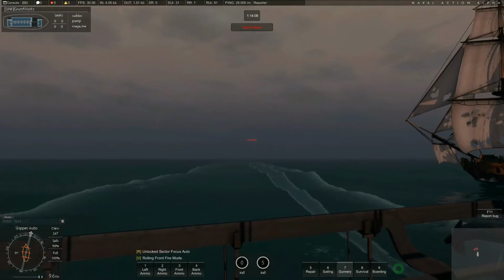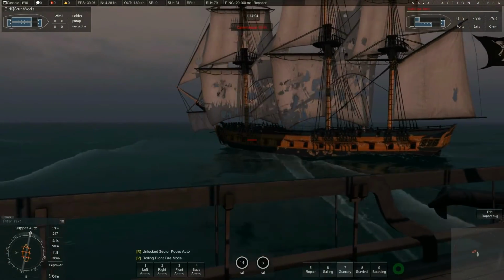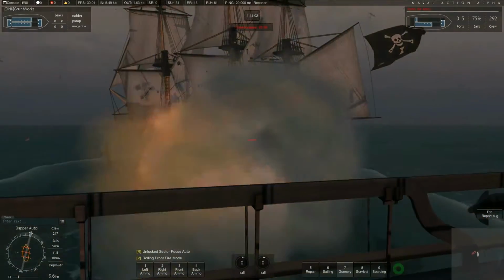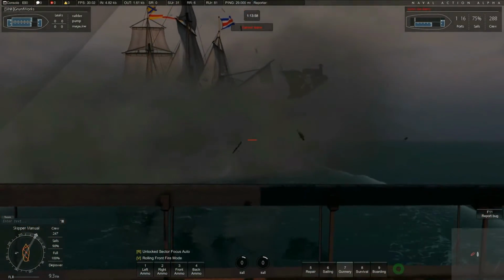R to port. Come on, load my guns. And ooh, this will be devastating. Angle is not the best, but still it's close enough that most of the shots will penetrate. Beautiful broadside, and